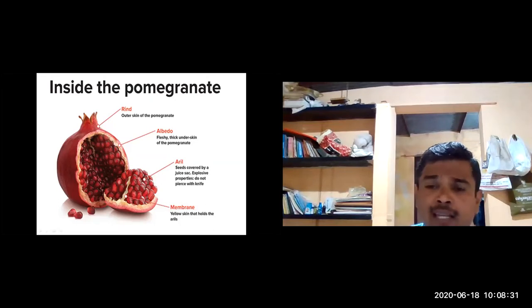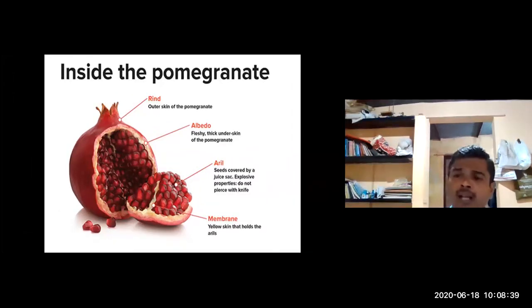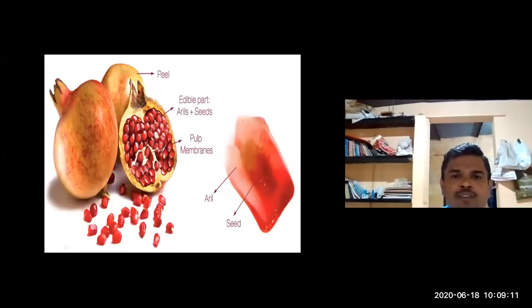The seeds covered by the juicy sac. When you cut the seed, inside you will get a white structure, that is actually the seed. That seed will be covered by juice-like material. So over that is a small layer. Okay, that is called aril. We used to say aril. Like in the case of jatipala, the useful part of jatipala we used to say is aril. That is jati kosha. The seed will be covered by one layer, a papery layer. That layer we used to call japatri. Okay, that is aril. In the same way here also that aril will be present. Okay, and the membrane.